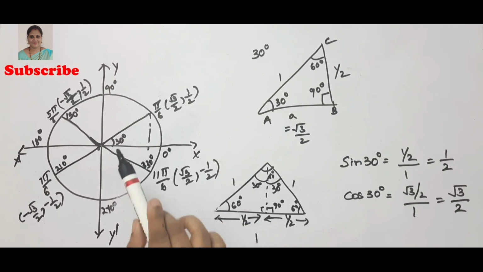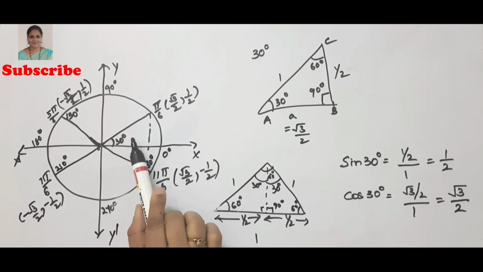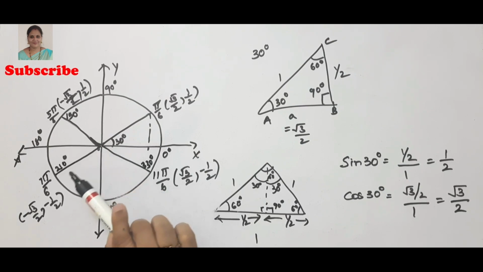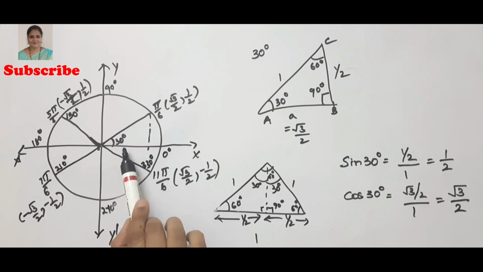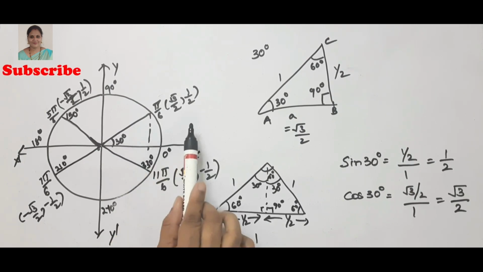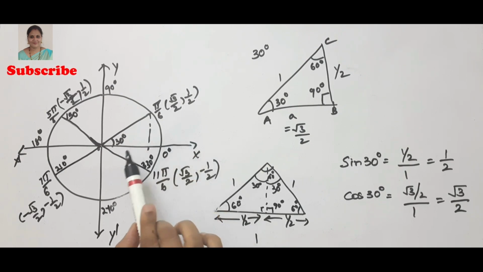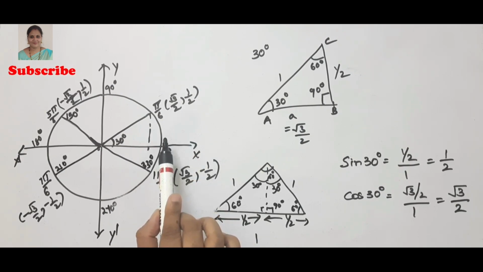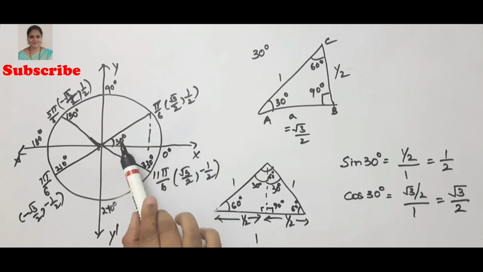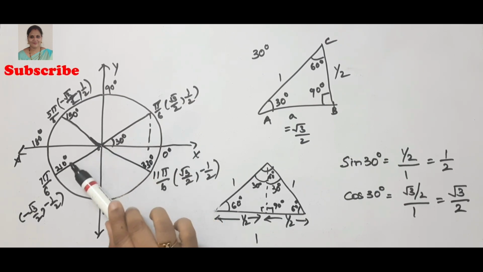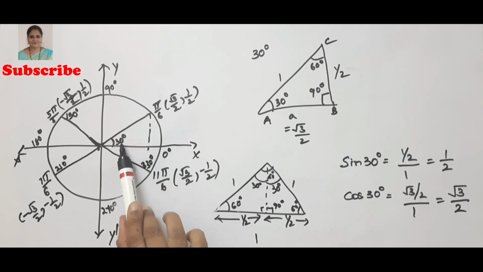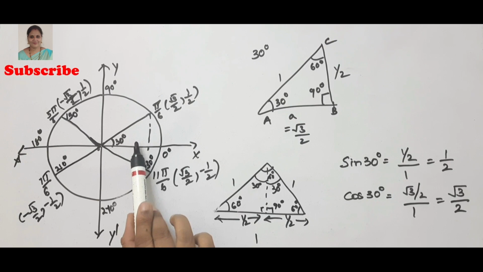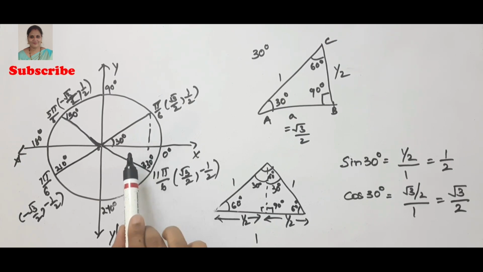Is it not? So once you get the 30 degrees value, you can easily calculate at 150 degrees, 210 degrees, 330 degrees. So it is better to remember the value of 30 degrees, that is sin 30 as 1 by 2, cos 30 as root 3 by 2, which will be useful in doing our calculations, because once we get these, you can get three values: 150, 210, 330. Then it makes our calculation easy. So remember the values of sin 30 and cos 30. They will be useful in doing your calculations fast.